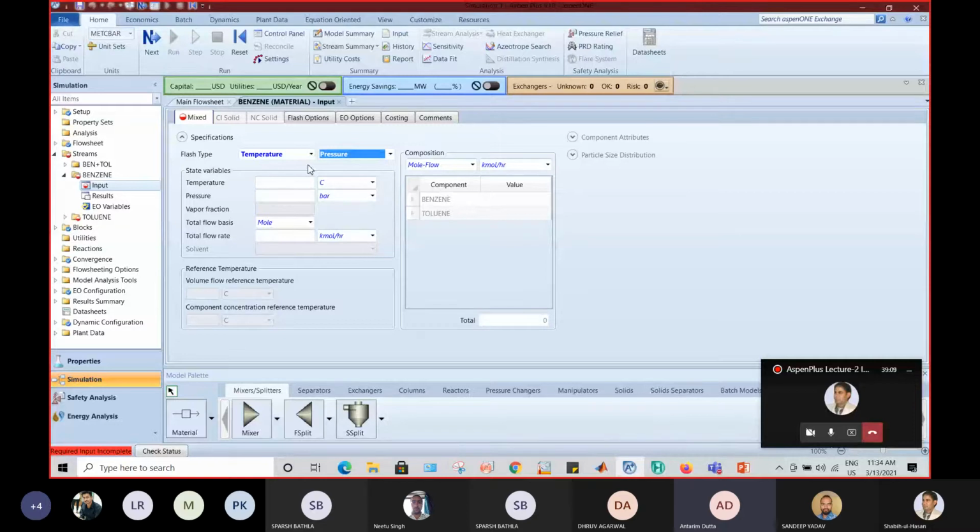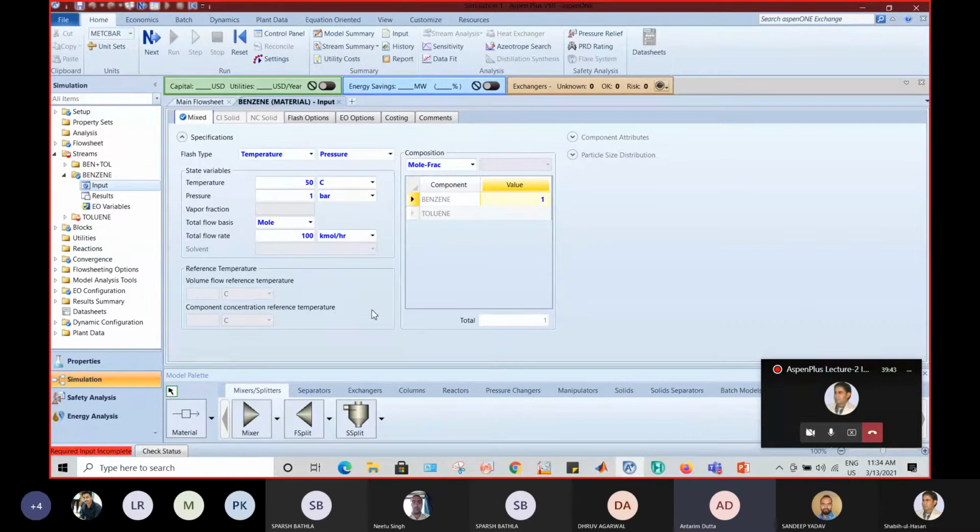So right now I will be providing data regarding temperature and pressure. For our convenience, just take temperature as 50, and pressure as 1 bar. I'm interested in the mole fraction, specifying it as 1, and the molar flow rate, let's say, 100. So I have told Aspen that I have a molar flow rate of 100 kilomole per hour for this benzene stream, and the constituent in that is benzene. And these two things are temperature and pressure for this stream.